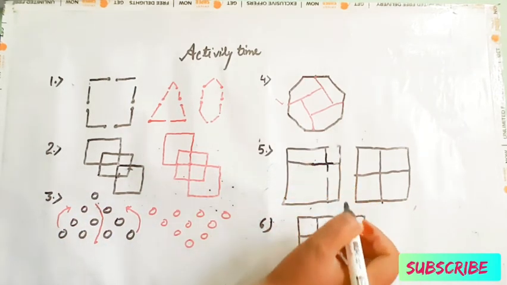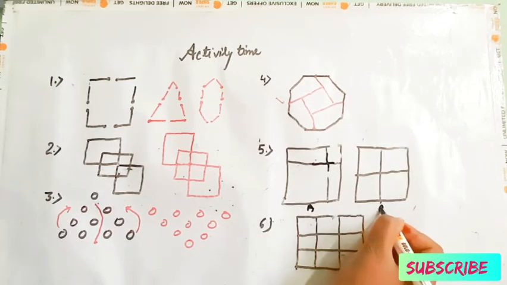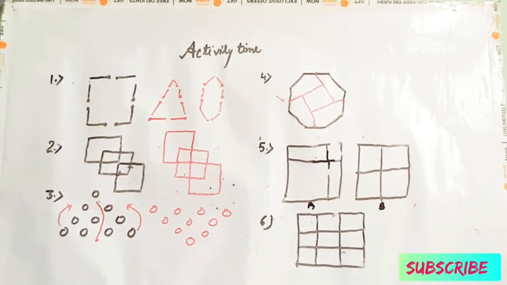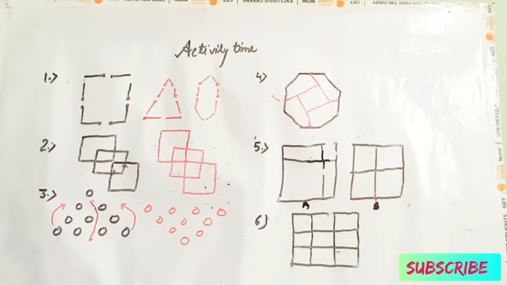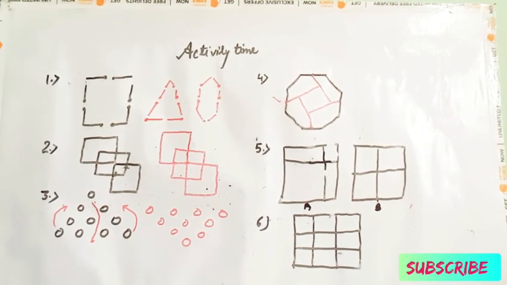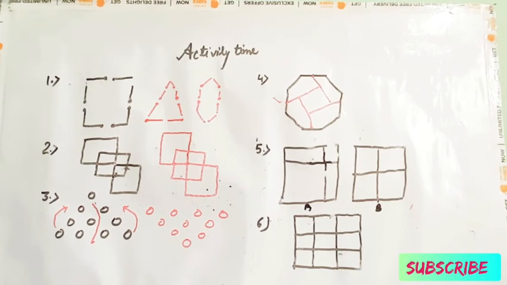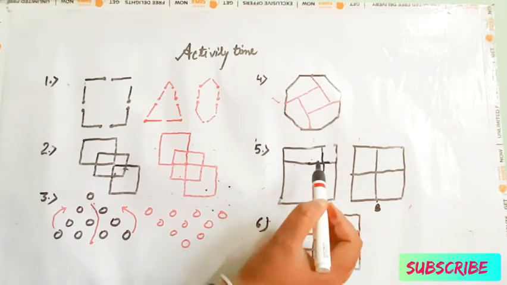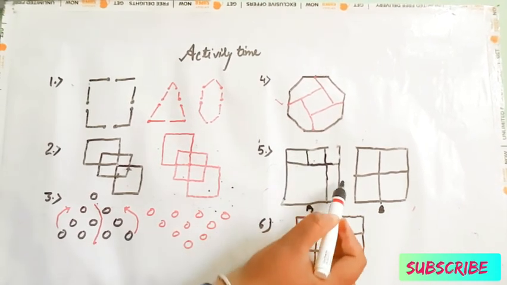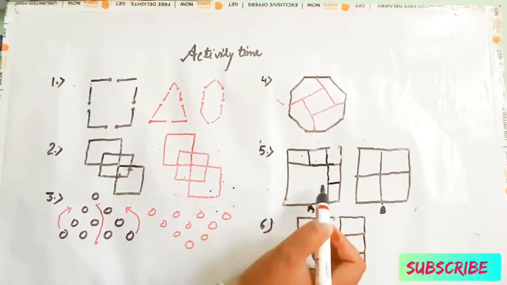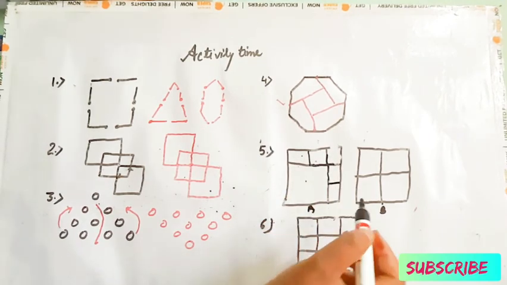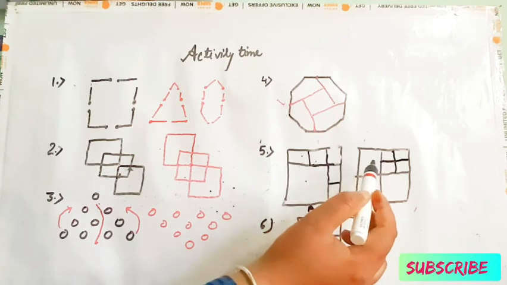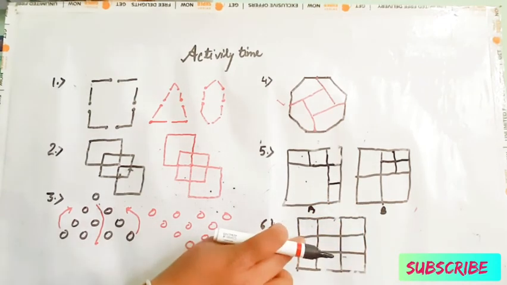Next, observe figure A and B properly. This is your figure A and this is your figure B. Observe them carefully, and what we need to do is draw 2 lines inside each square. In figure A there must be 6 squares, and in figure B there must be 7 squares inside. So for 6 squares, 1 you draw here, 1 you draw here, 1, 2, 3, 4, 5, and the 6th one is larger. And for 7 squares, divide the first part into 4 squares, then 4, 5, 6, 7 will be there.